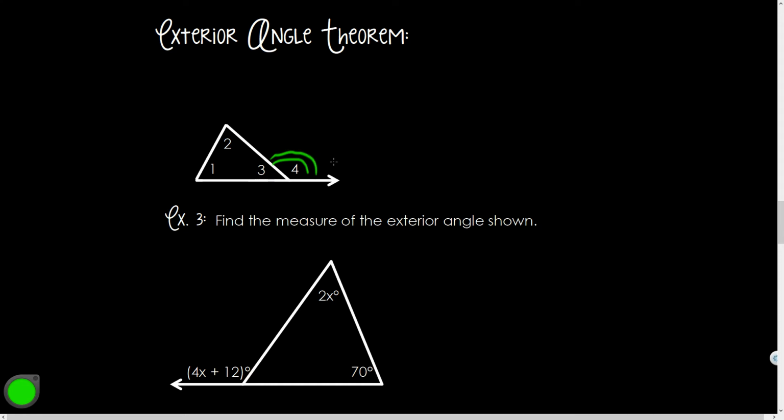And exterior angles have a relationship with what we call the two remote interior angles, the two non-adjacent interior angles, which would be angles 1 and 2, because notice angle 3 is touching angle 4. The measure of an exterior angle